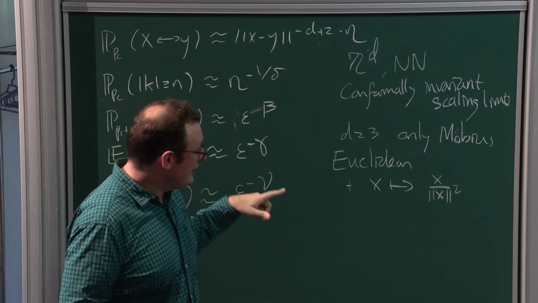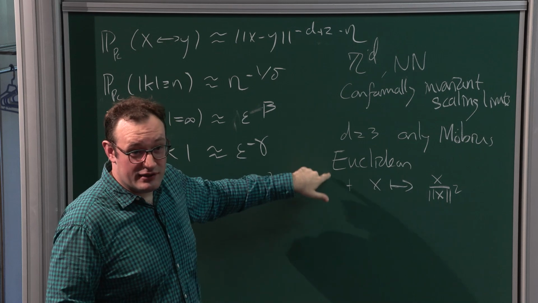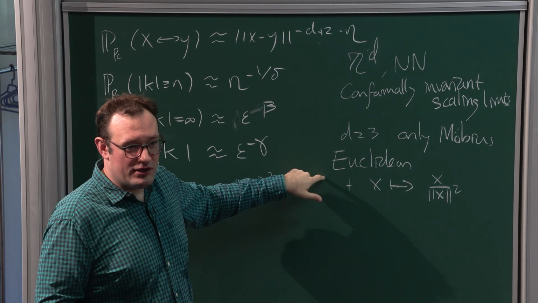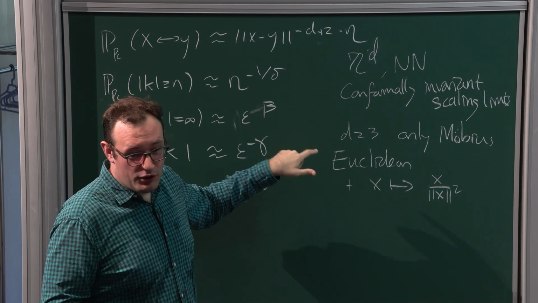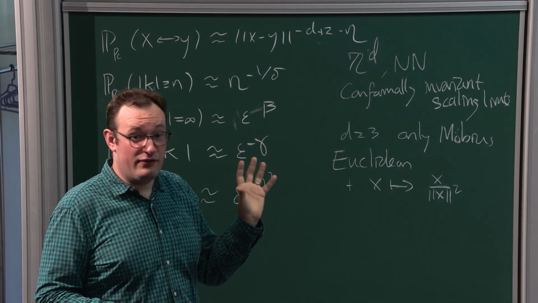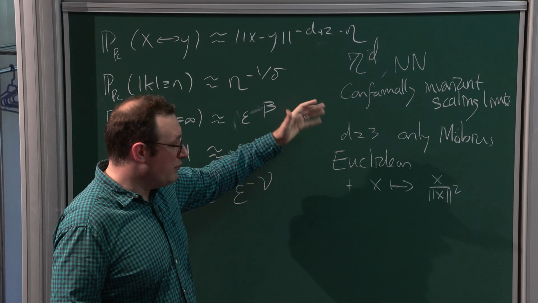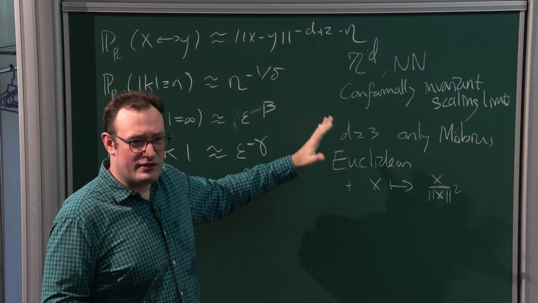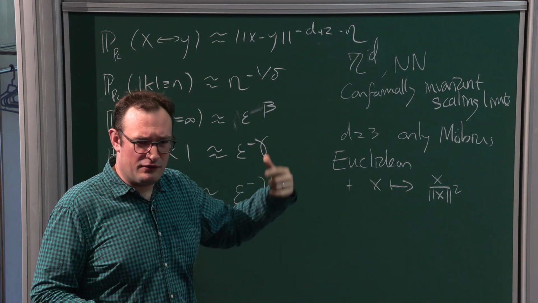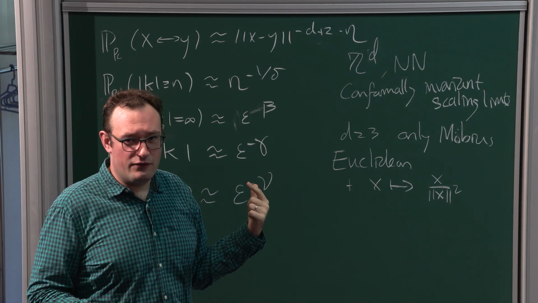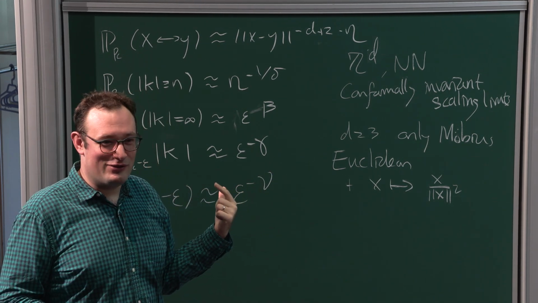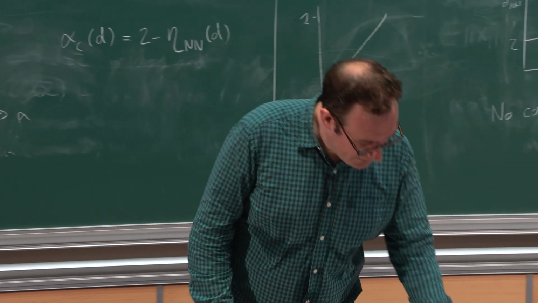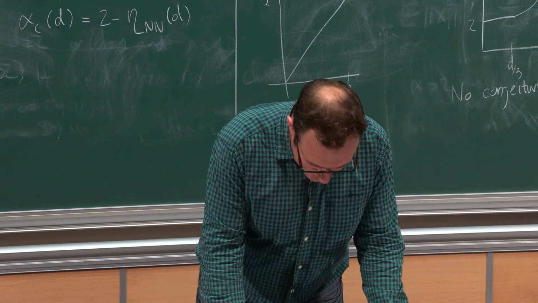And by the way, I should say that these kind of Mobius invariant things, they do also work for long-range models. So even in 2 dimensions, if you look at a long-range model, for example, just think about Levy processes, they actually will be Mobius invariant, even though I would imagine that the Levy processes in 2 dimensions will not be invariant under the full group of conformal transformations, although I haven't checked that. I would be surprised if it was true. Okay, good, but that's just an aside.